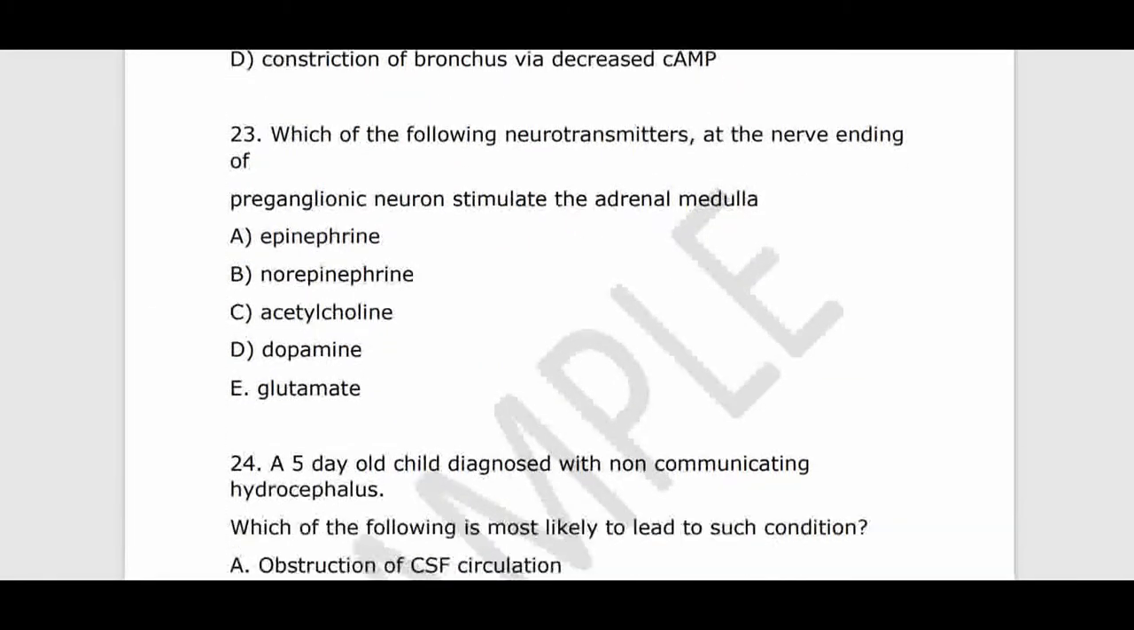Question number 23. Which of the following neurotransmitters are at the end of preganglionic neurons that stimulate the adrenal medulla? So we attended to a question like this, and I mentioned that the adrenal medulla is a postganglionic collection of neurons. So the preganglionic neurons in both the sympathetic and parasympathetic nervous system, all of them release acetylcholine. It is when you come to postganglionic that you start seeing some changes,